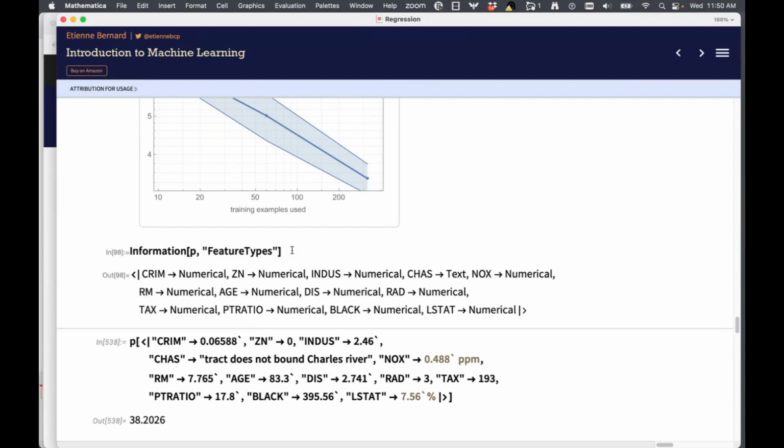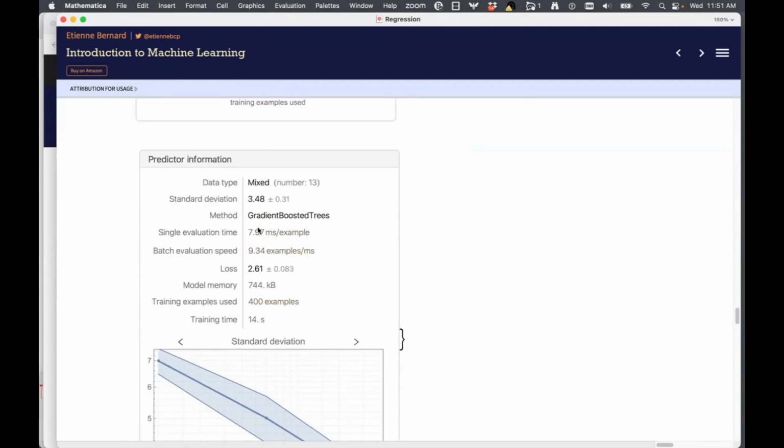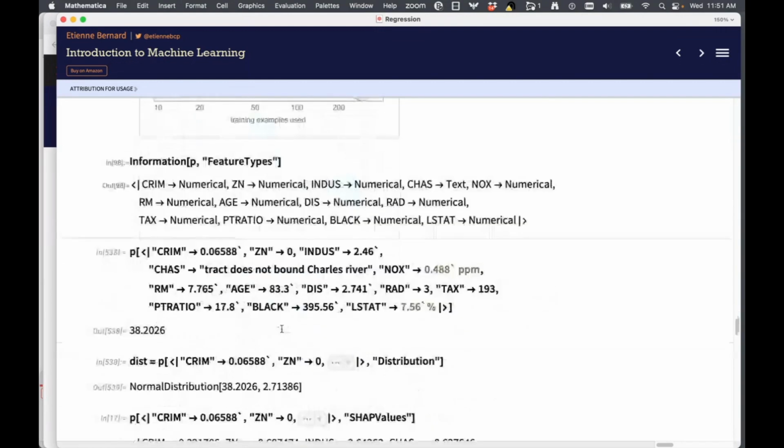One piece of information you can get from Information that is not immediately shown here, but you can always go into the documentation for Information and see what sort of information you can get from a model. One is feature type, and we can see how it interpreted the features: everything as numeric except for this attribute, which was interpreted as text.